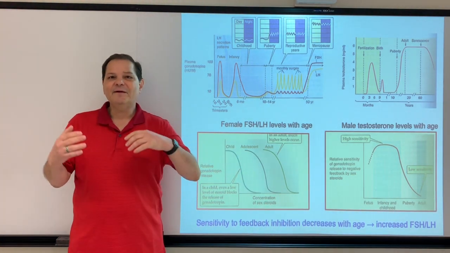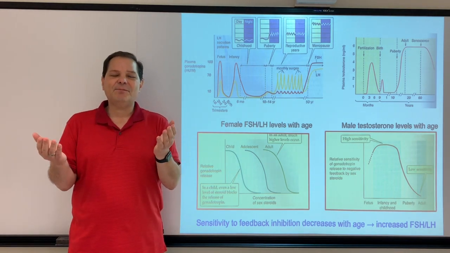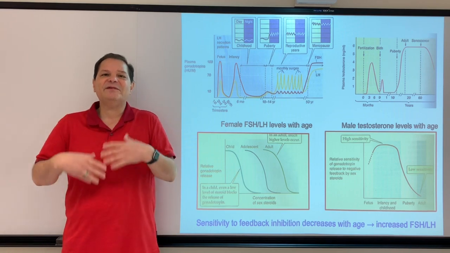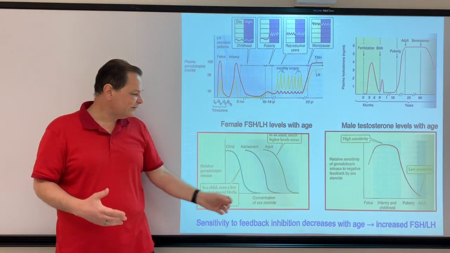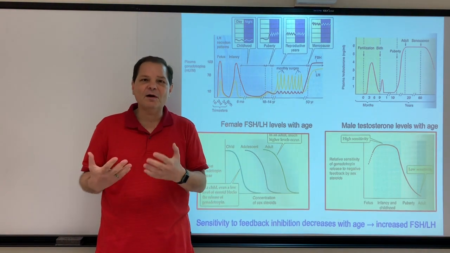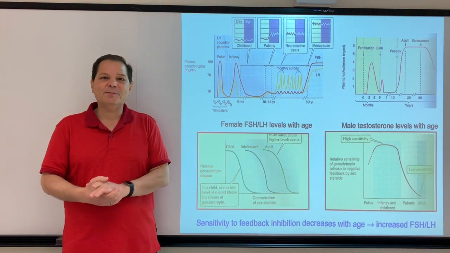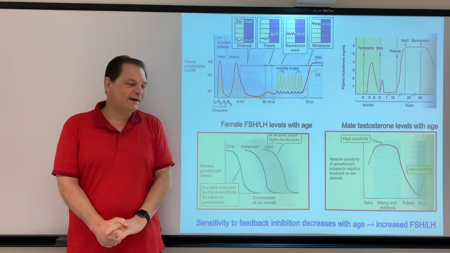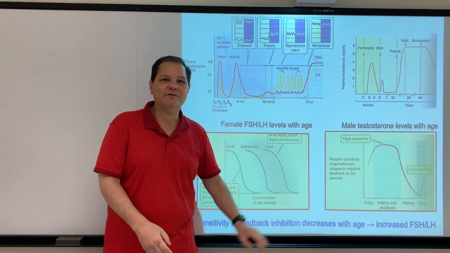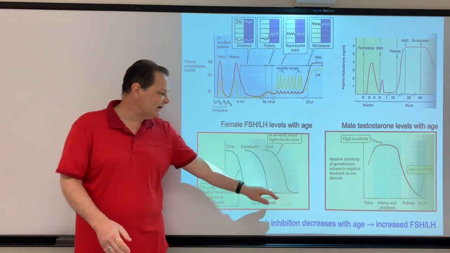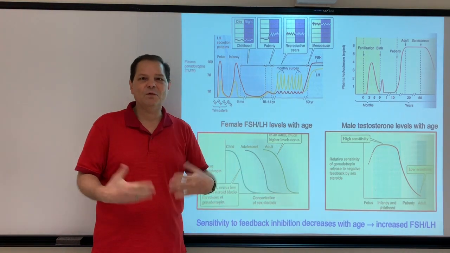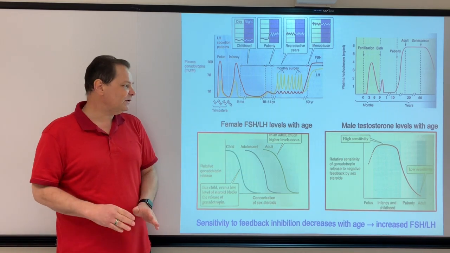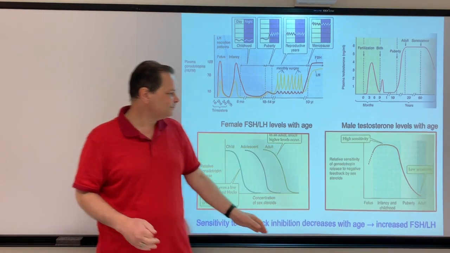and it's thought to be because the feedback inhibition primarily upon the hypothalamus is less effective, and because it's less effective, you get more secretion of sex steroid before the secretion of gonadotropin and the secretion of the sex steroid has gotten back under control. Okay, so you have a steady state higher levels of sex steroid, and people believe that that's what takes place when you transition from childhood to puberty and to adulthood.